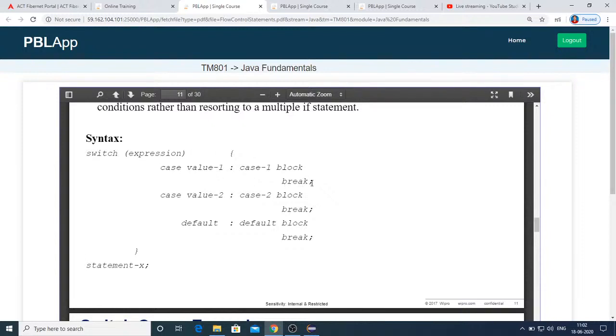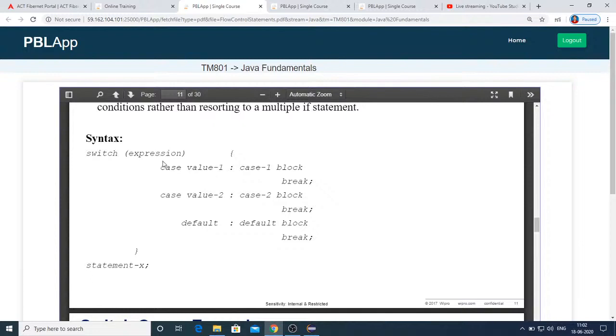Since there is a break, the control comes out of the entire switch block, and execution continues from statement X onwards.